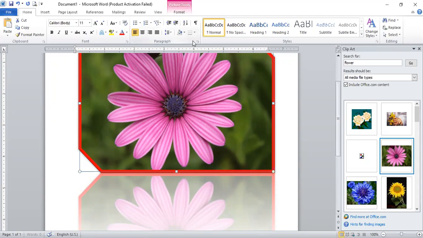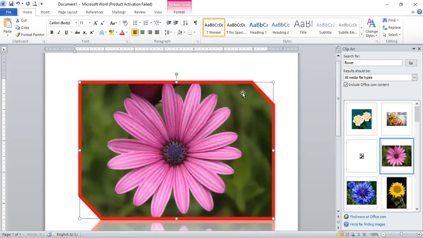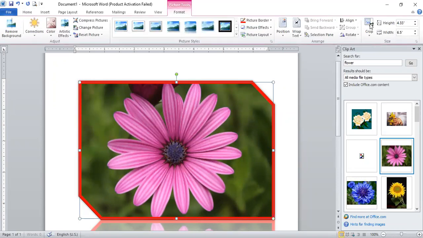The software is a bit slow, so that's why it's not showing the option right now. Now see it. Now this is the crop option. It lies in the size group of the format tab.